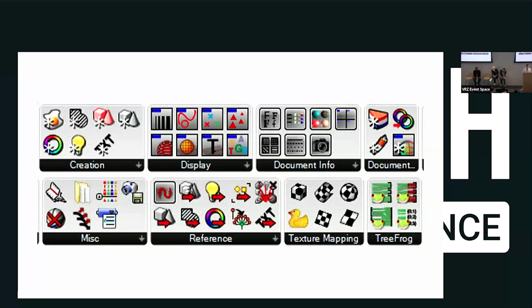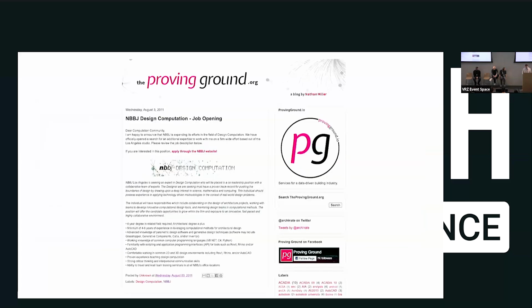I had gotten the hang of hooking into various Rhino object APIs, and so I just kept building out tools for talking to whatever Grasshopper didn't support, like lights and hatches and blocks and layers and things like that. And around the time right before I graduated, I was a reader of the aforementioned Nathan Miller blog, and happened